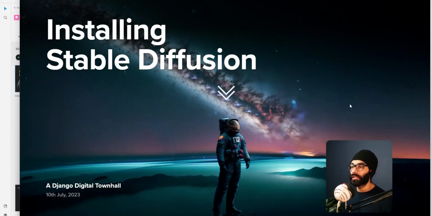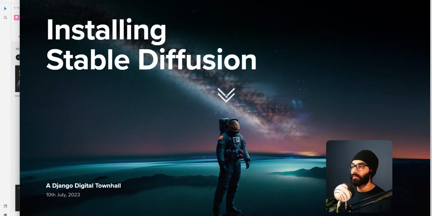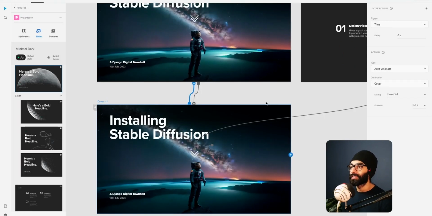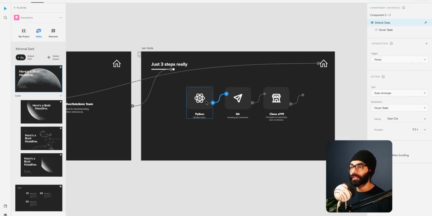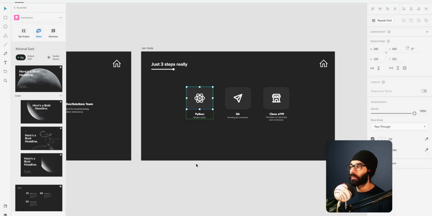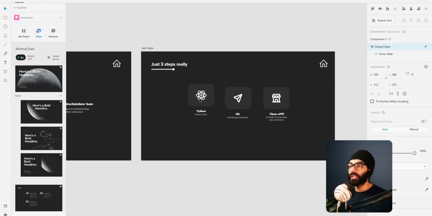But this is a little bit that I wanted to explain about, a little motion here, and then your hover effect is basically gone. How do you make that hover effect? Over here you see these are components. In your design you select a component, and you get an option here to add a state. You can add a hover state. There's also a trigger state, I don't know why I can't see it right now. So you add a hover state and then you change whatever you want to change.